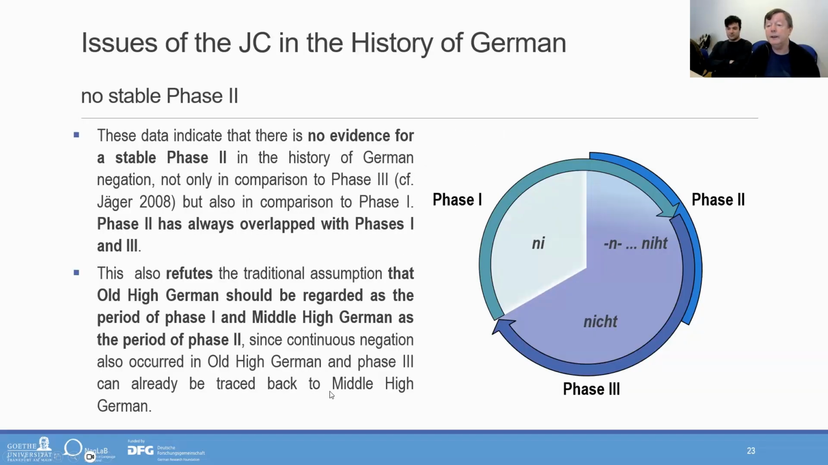And these data indicate that there is no evidence for a stable phase 2 in German, not only in comparison to phase 3, but also in comparison to phase 1. Phase 2 has always overlapped with phases 1 and 3. And this refutes the traditional assumption that Old High German should be regarded as a period of phase 1 and Middle High German as the period of phase 2, since the continuous negation also occurred in Old High German, and phase 3 can already be traced back to the Middle